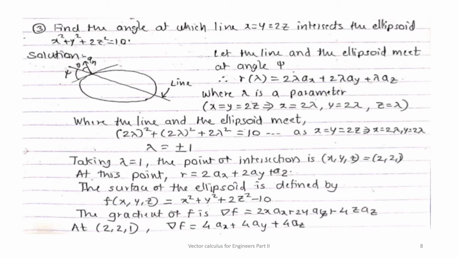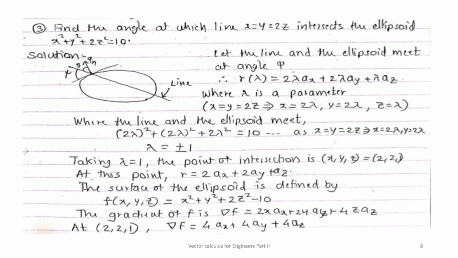So this problem looks like a geometry problem, but this is not only a geometry problem. Here the intersection between an ellipsoid and a straight line we have to find out, and then the angle you have to derive from that intersection. So to find the intersection, we will require to find the gradient. So the gradient once calculated, then find the divergence using the divergence vector, and then you will be able to calculate the angle.